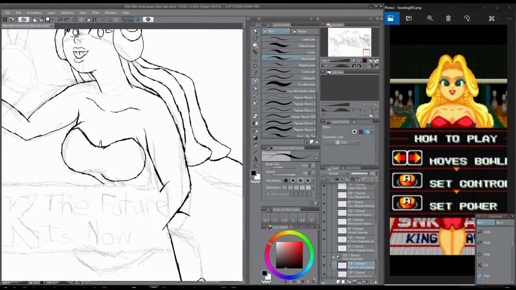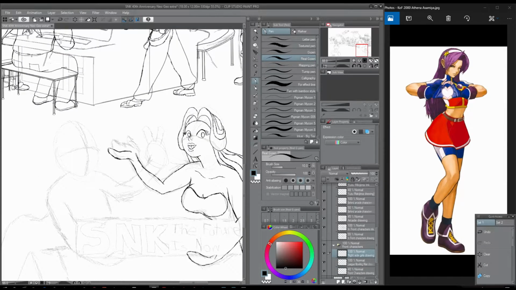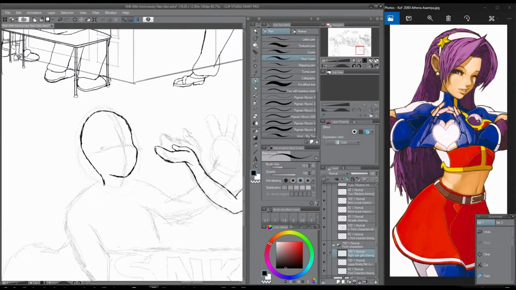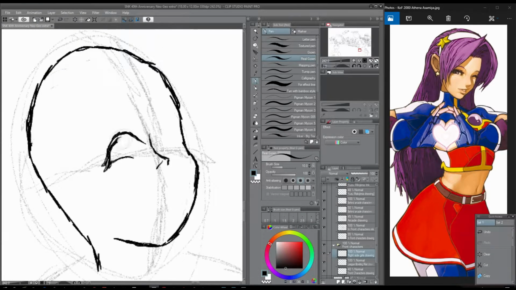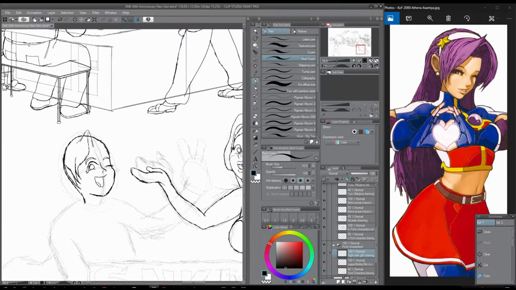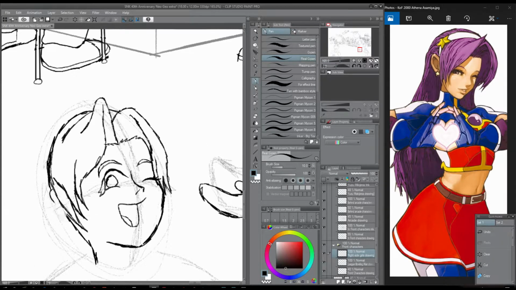And then on the left of her, you'll see me drawing her in a minute. This is Athena Asamiya from the King of Fighters series. Well, she's actually introduced in the 1980s arcade game Psycho Soldier. And here's another interesting fact. I actually wanted to draw Athena, the original Athena, from the Athena arcade game, in this painting somewhere. I was going to have her next to Kyo instead of Hibiki, but in the end I left her out